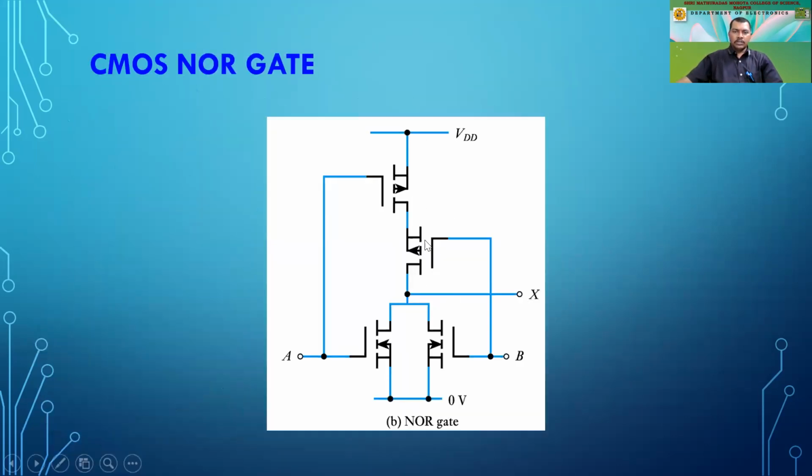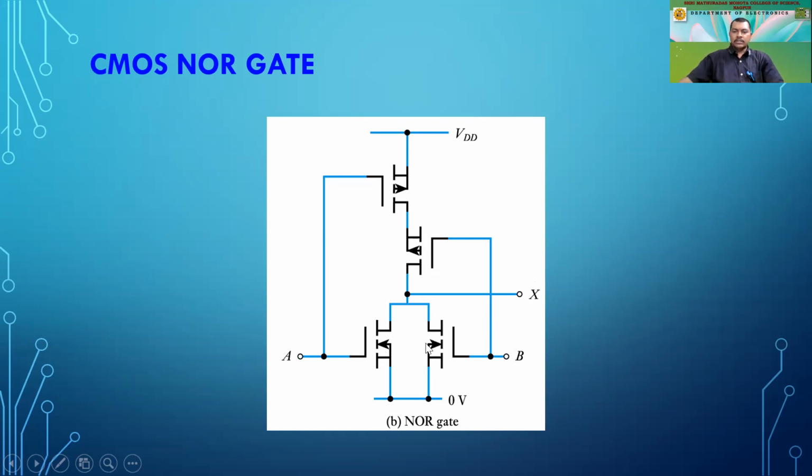Similarly, we have the CMOS NOR gate. The CMOS NOR gate is the reciprocal of that. We are using the N channel transistors on the ground side, connected in parallel, whereas the P channel transistors are connected in series. So whenever we apply 0, 0, these two series transistors will work, and VDD will come across to point X, so that the output will become high, whereas the two N channel transistors will not be working in this condition. So the output will become high.